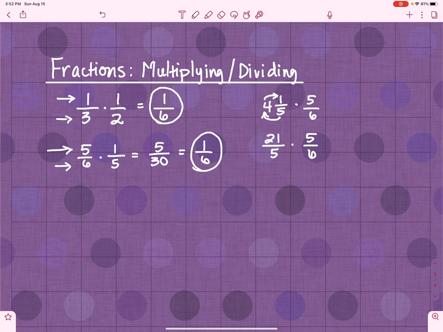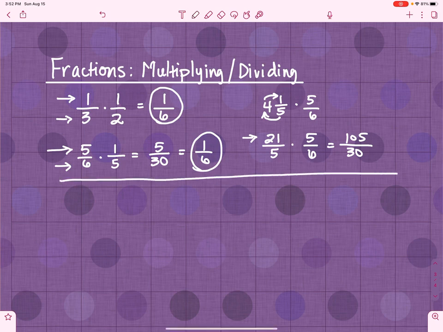times 5 over 6. So I'm going to again multiply the numerators. 5 times 21 gives me 105. And I'm going to multiply the denominators. And at that point, of course, you can reduce. Okay, so if I'm looking at division,